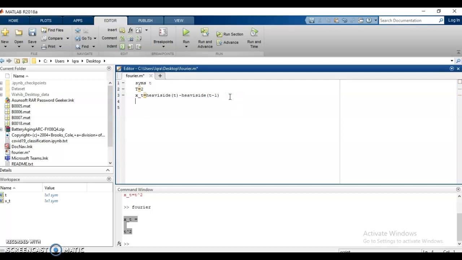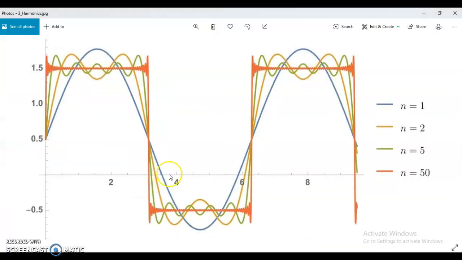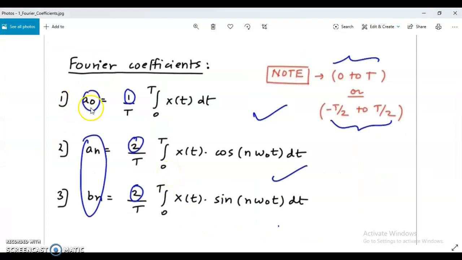Now the very first thing after defining the basics is to compute the coefficients. We want to compute a naught, an, and bn.